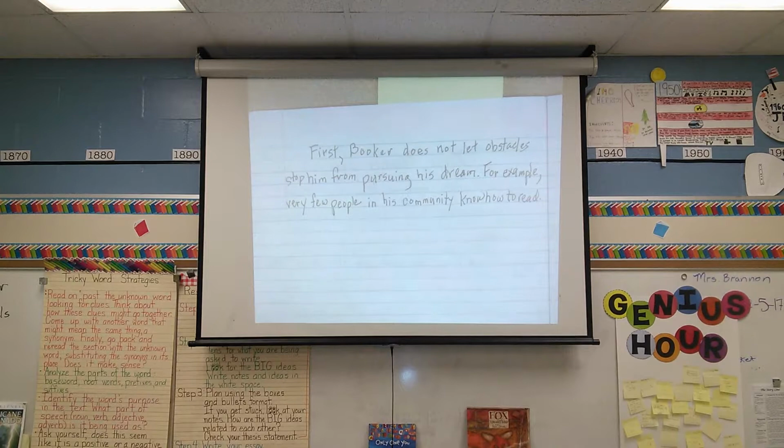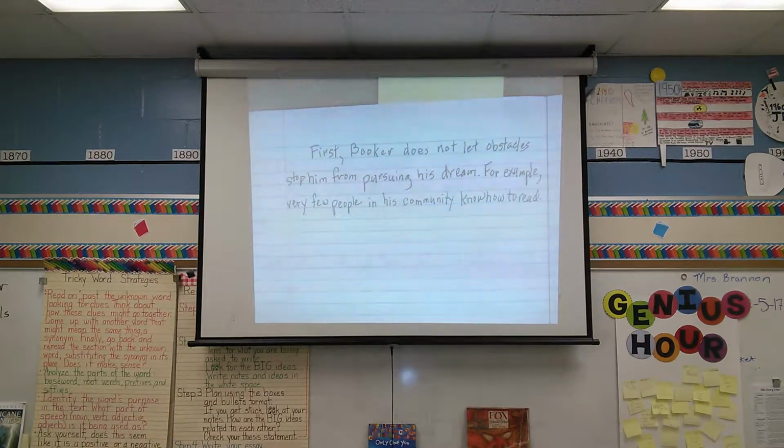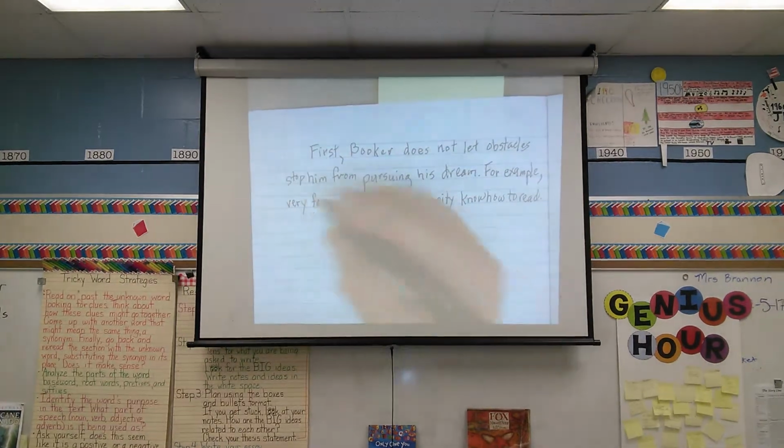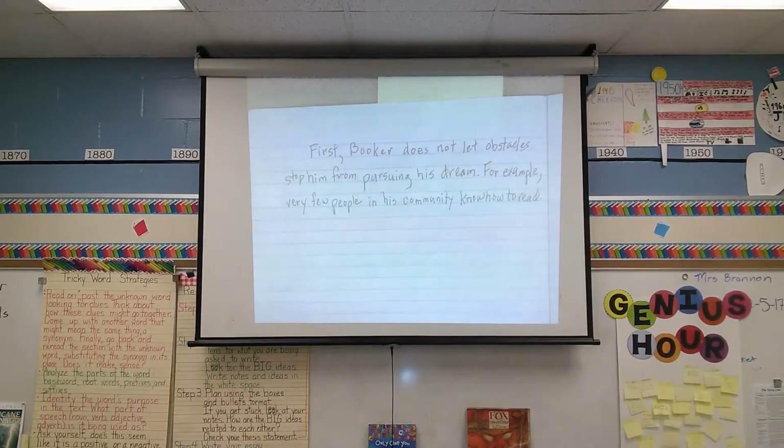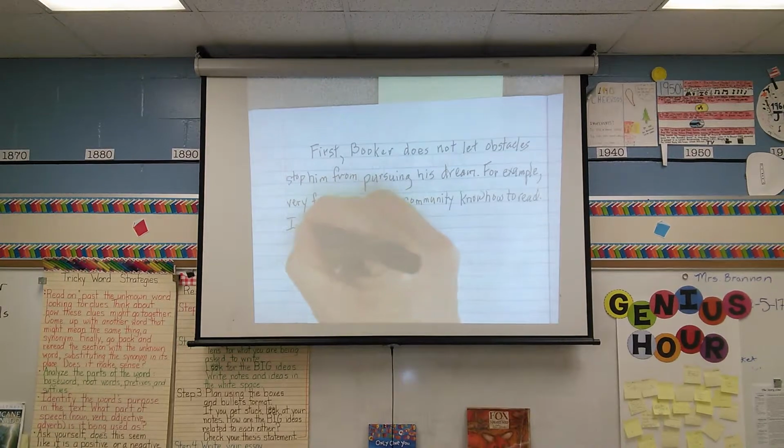Now, remember, I'm giving the example, but I need to say more. You're going to assume that your reader has never read this story. You're not going to retell the whole story, but you are going to make sure that you give them enough information that they understand what it is you're talking about. Okay, just enough information. So I'm going to say, in the story,